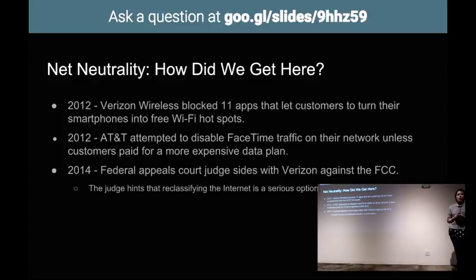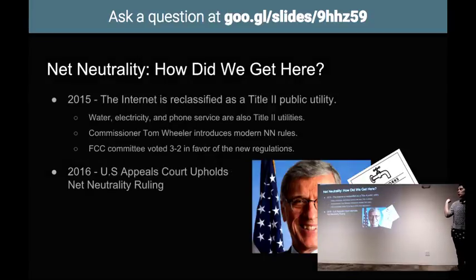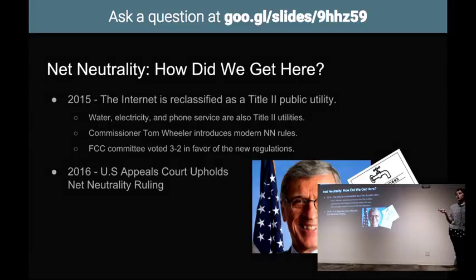In 2014, Verizon's lawsuit against the FCC finally comes to a head, and the federal appeals judge agrees with them. He's like, yeah, you're right. The FCC does only have jurisdiction over telecommunication services. But he adds, if we reclassified the internet as a telecommunication service, then I would be on the FCC's side. And that kind of brings us into 2015, when the internet is officially reclassified as a Title II